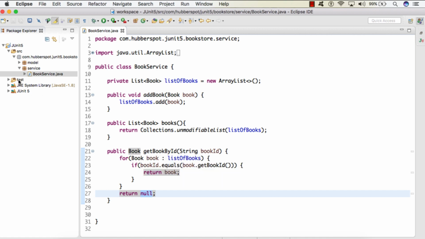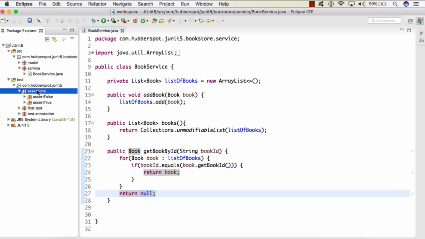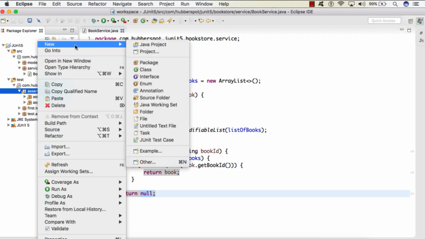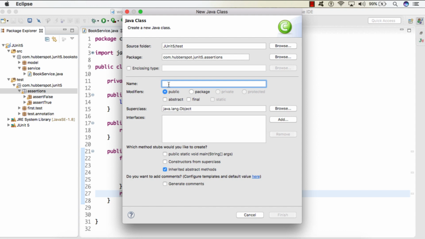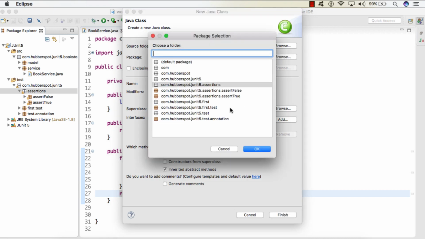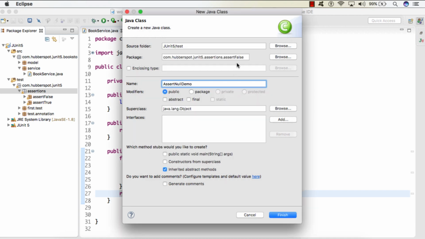So let's go to our test folder. Here we will create a class. We'll give it the name AssertNullDemo. We'll keep it in a package assertnull. We'll click finish.